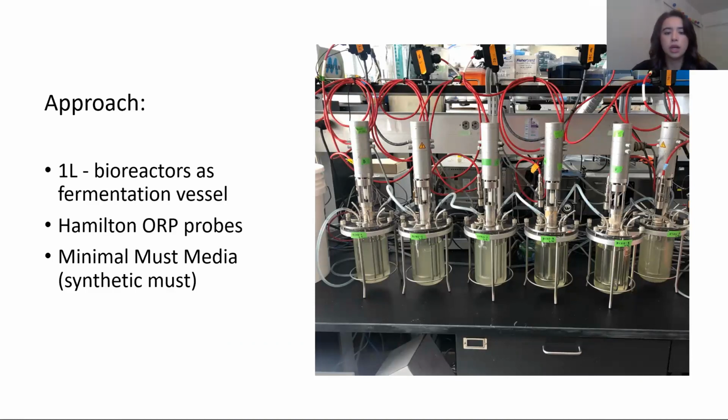So these experiments were carried out in 1 liter bioreactors, shown in this picture right here. And these vessels gave me a lot of control over the fermentation since they were small and also autoclavable, which meant that they could be sterilized. In this picture, this vessel itself is glass. There are these tubes running between each that are connected to a water bath to control the temperature. And then we have this silver piece here on top, which is a motor that spins down here to ensure a well-mixed fermentation. And then these red cables in the back actually connect to the bioreactors.